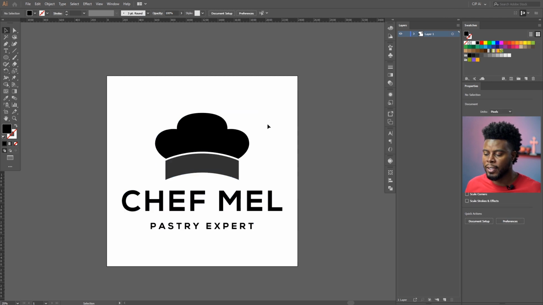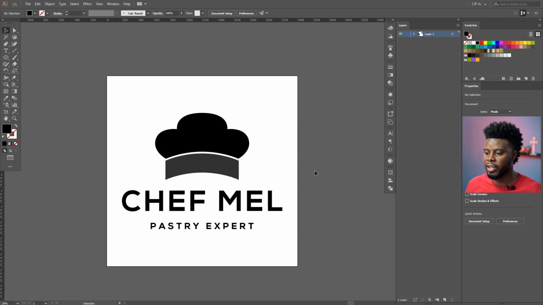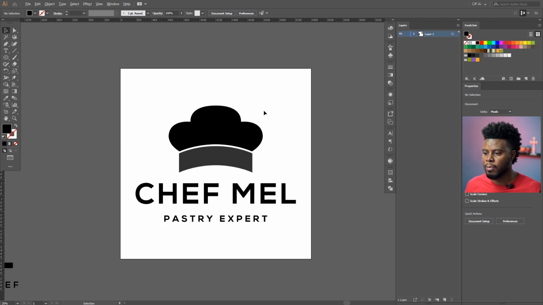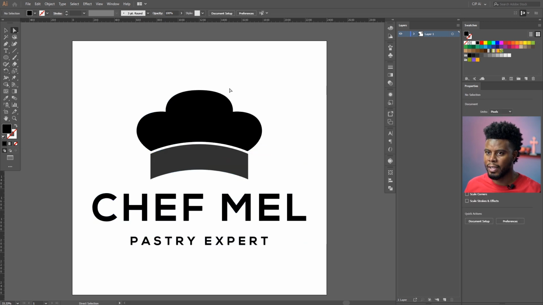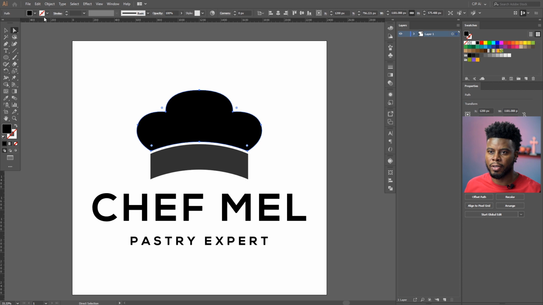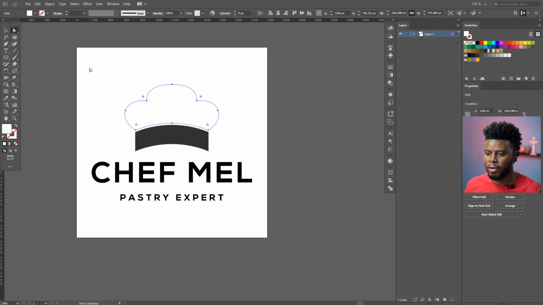So we successfully made our chef's hat vector that we can use for our chef logo, right? Let's try some colors here and see what we can come up with. Let's just right click on group, or what I could have done is just pressed A on my keyboard to select a particular element. I'm just going to select the puff right here and change the color to white. Obviously it's not going to be visible. Let me do a background color by hitting M on my keyboard,